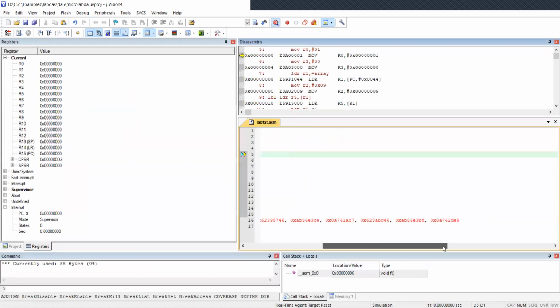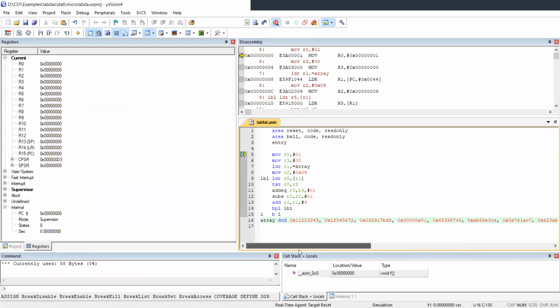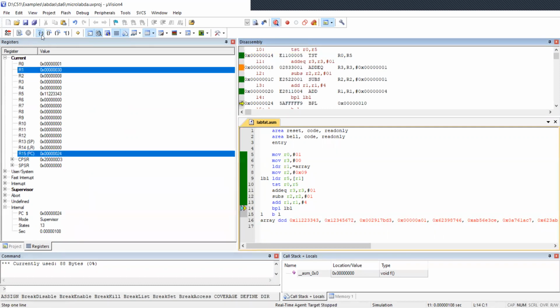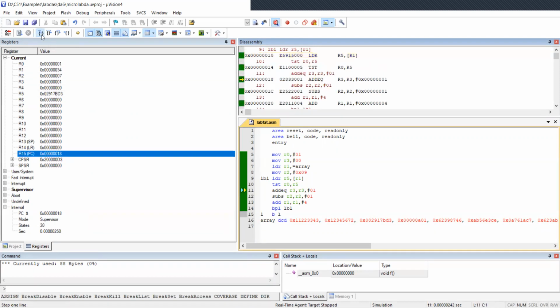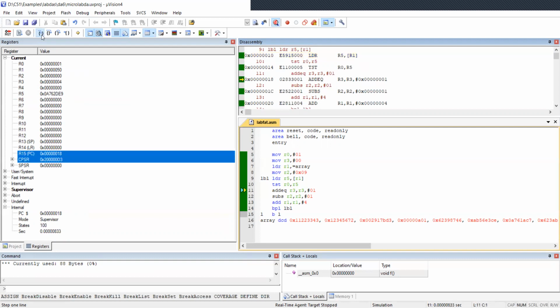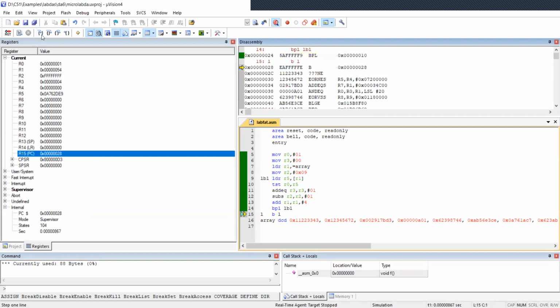So as we can see here, the array ends with DE9, and then we begin execution line by line. This code will be executed until R2 becomes 0.